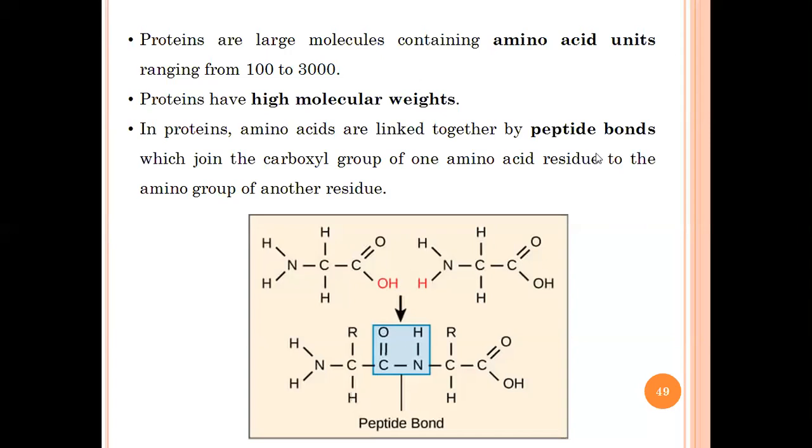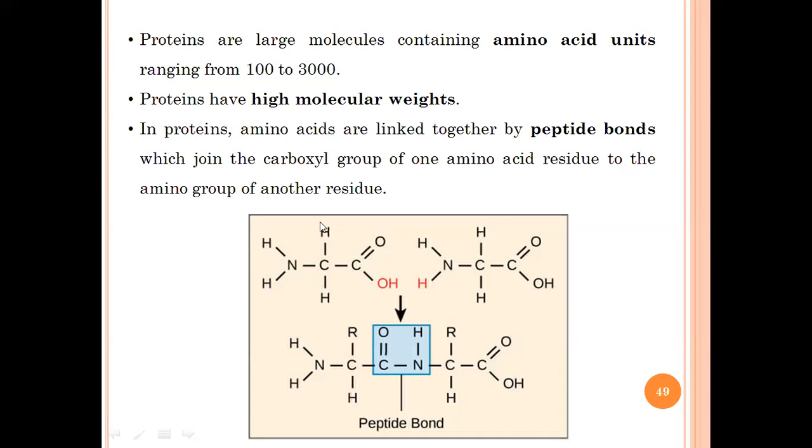Glycosidic bond. Yes, so it was the glycosidic bond in case of carbohydrates. However, in case of protein, it's a peptide bond which actually links together two different amino acids. Okay, so ये peptide bond actually बनता कैसे है? It is actually formed by joining the carboxyl group of one amino acid residue to the amino group of another